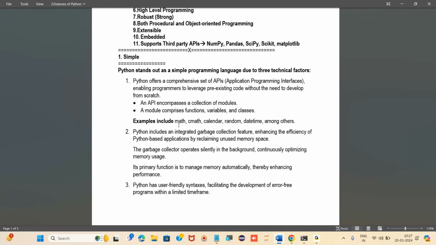It also runs as a background process. The garbage collector operates silently in the background. We cannot see what it is doing or how it does it, continuously optimizing memory usage.